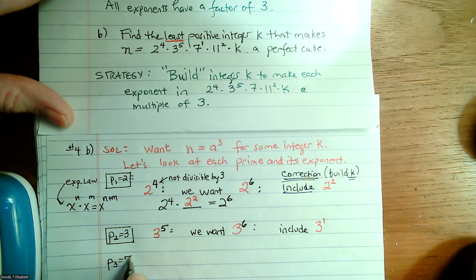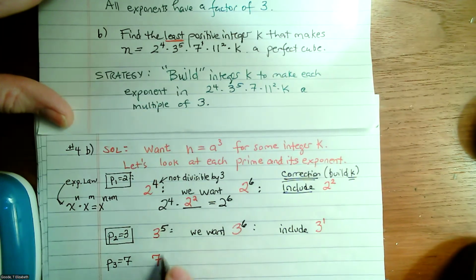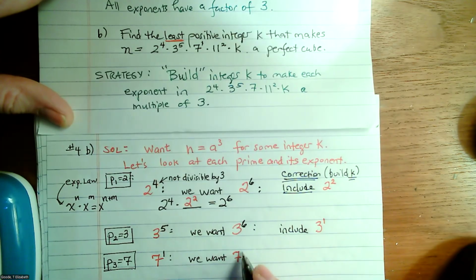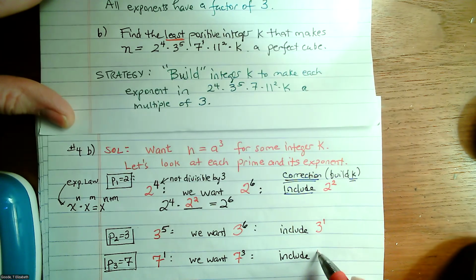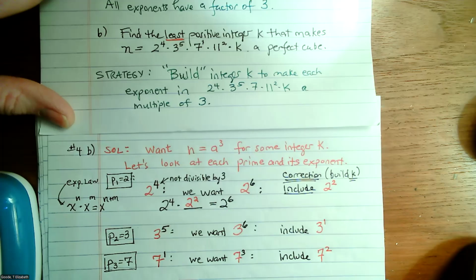P3 is 7. So we've got 7 raised to the 1, right? What do we want? 7 to the third? We do. We want 7 cubed because 3 is the smallest integer, if we're counting up from 1, that's the next integer divisible by 3. So what will we include as we build k? 7 squared. That's right. We need 7 squared,